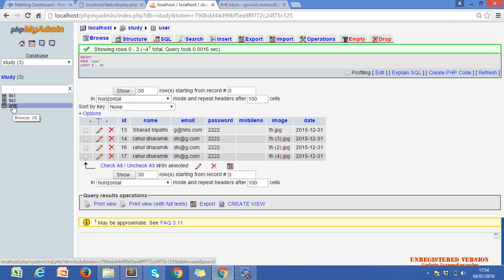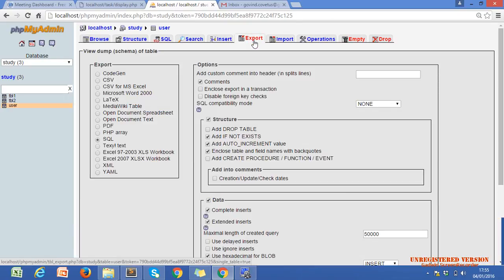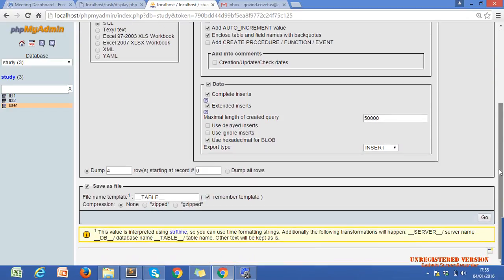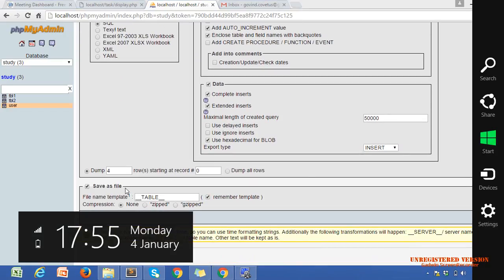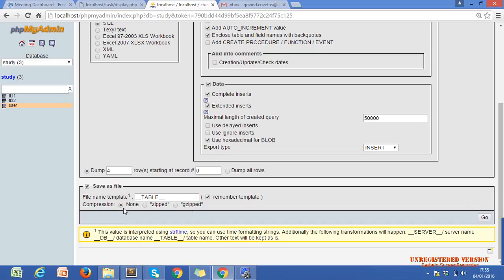So we have to export our database. How? This Export tab, nothing else. You have to click on this tab. You will see another window, go to the bottom, and choose save as file and none. It is selected by default. Just click on Go. Then your browser indicates that you have downloaded one file,